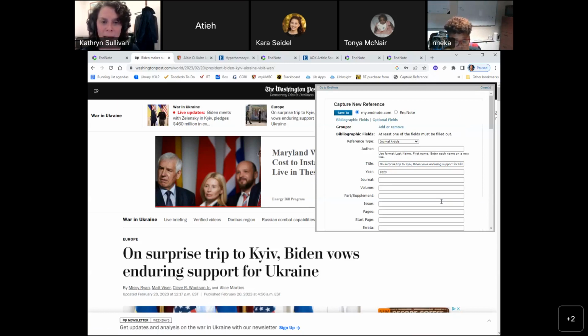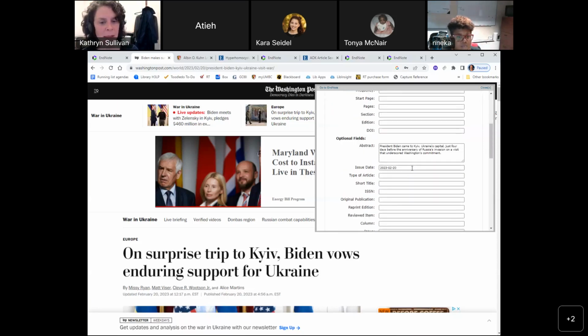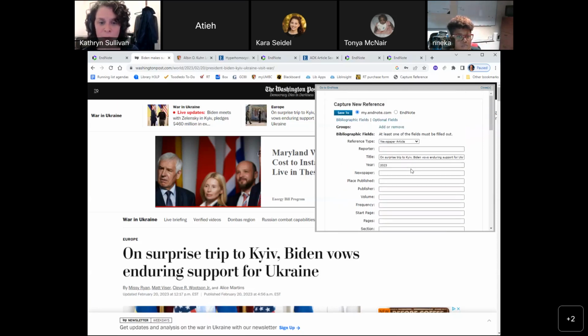So what happens when you do that is you get this option to select the bibliographic type, the reference type. I'm going to go ahead and just select newspaper article for this. It changes your fields a little bit. And then what you'll see is that it does a really lousy job of completing this information. So this capture reference tool is nice